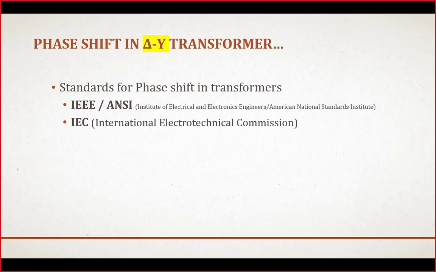So here, according to the first standard, IEEE, they define the phase shift of a delta Y transformer in power system in such a way that the high side quantities will always lead corresponding low side quantities in power system by 30 degree. They define the phase difference between delta Y transformer two side quantities by this simple rule. High side will lead low voltage side by 30 degree. That lead exists in voltages as well as in currents.